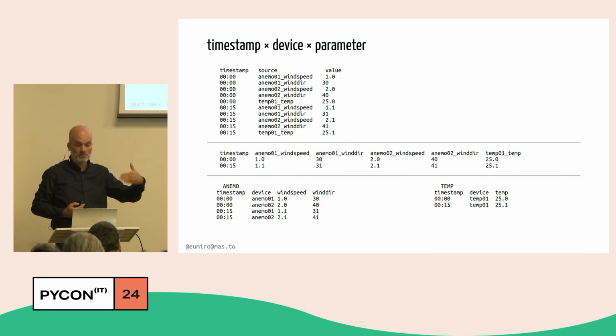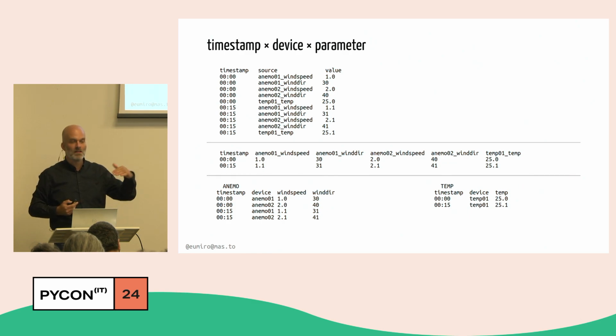And there are always 2 columns. I have the timestamp and the device, and then the 2 physical columns. And I know that wind speed is always float, and wind direction, let's say, is always integer. You don't need a float for that. And for temperature, you have always only 1 column. So you will always have 2 plus 1 or more columns that will give you the complete information about the